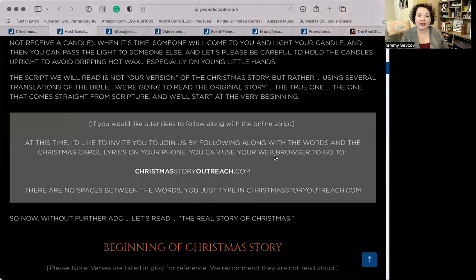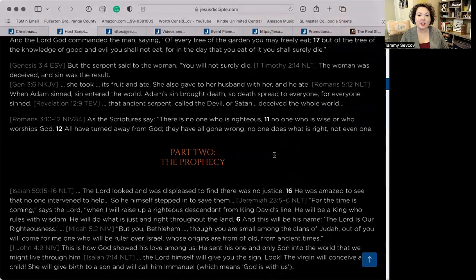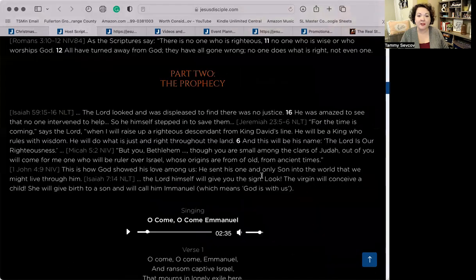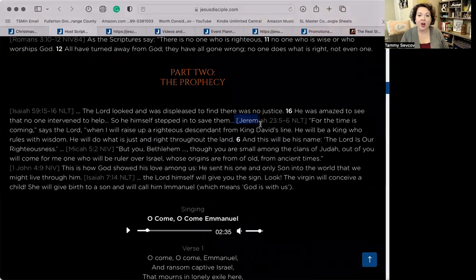And as you go through it, embedded into the script are a few things I want to point out. One, all the scriptures that are referenced are right inside of the script. No, that's not for you to read. They're in gray, so you can skip them. But that allows you and any attendees who read the script to know exactly where to go in scripture if they're wondering, where does it say that?